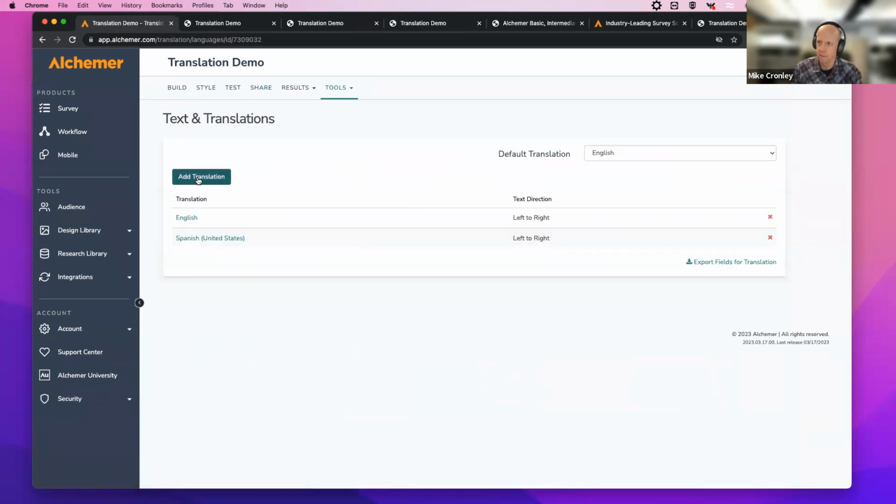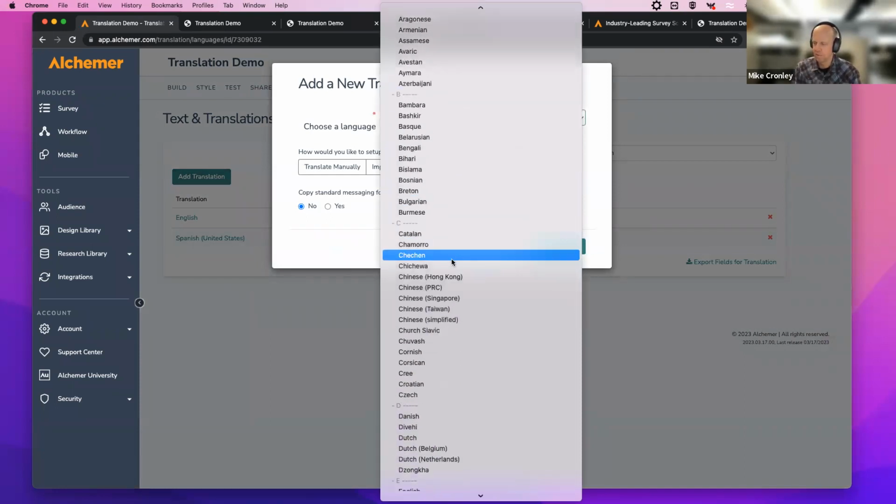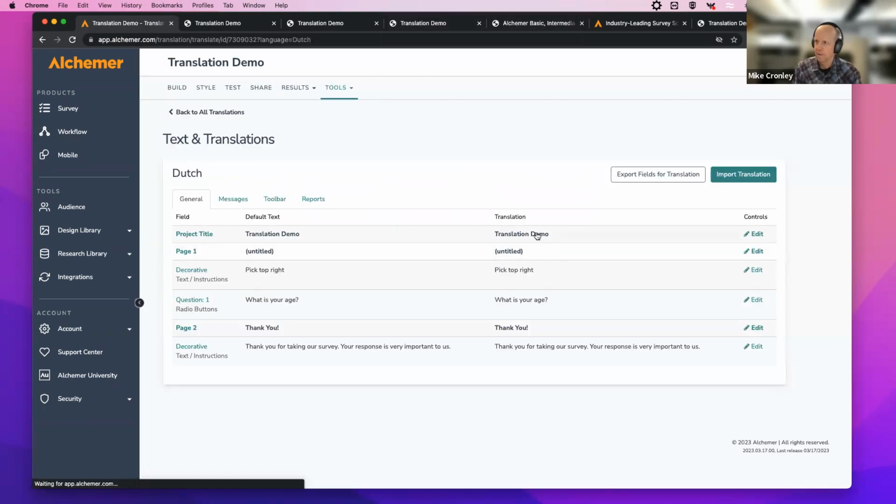If I just pick a random language, this is the moment where the system knows Dutch, add the language, and that is captured in our data. When the respondent gets the link to the survey, and their computer says the default language for this computer is Dutch, the survey will show the Dutch translation automatically.